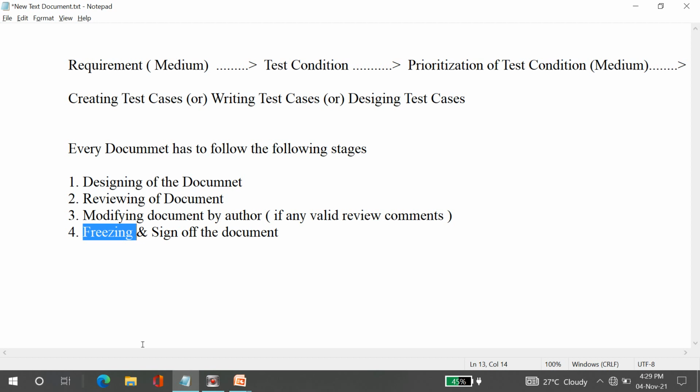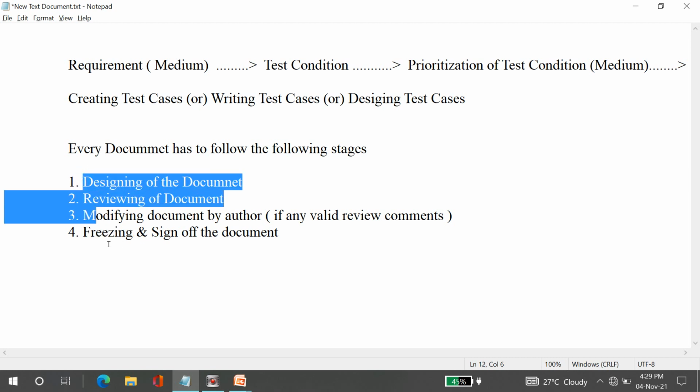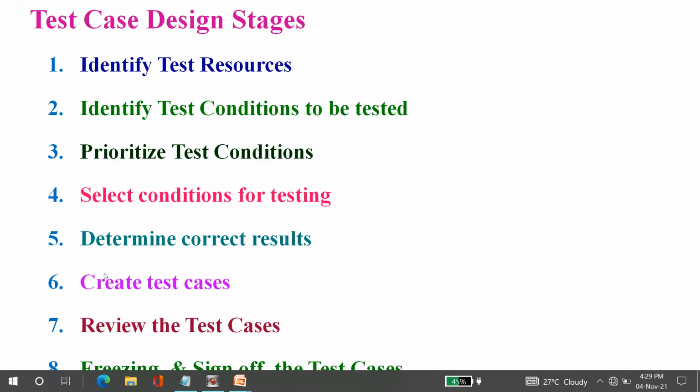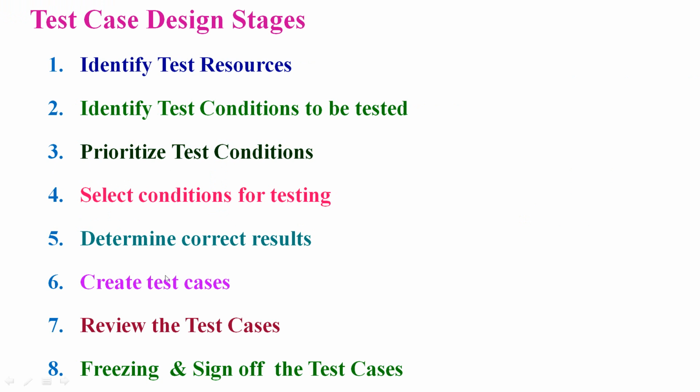For example, if the test case is freezed, after passing all these stages, the final stage, further modifications are not allowed for the test case document. If the BRS document, the requirements document, is freezed, further modifications are not allowed for the document. So these are the different stages for designing the test cases.